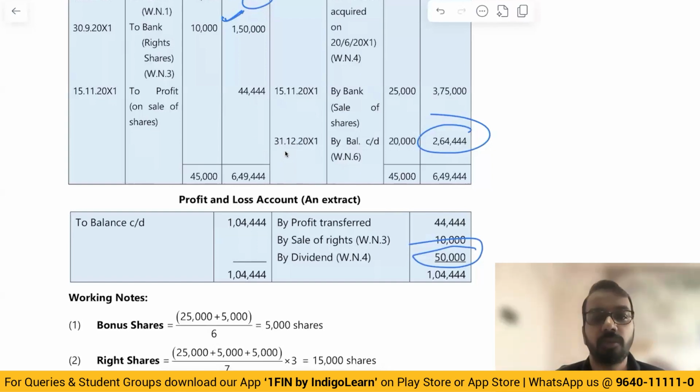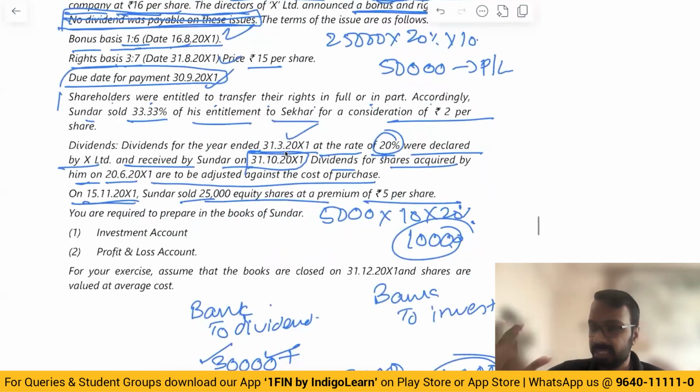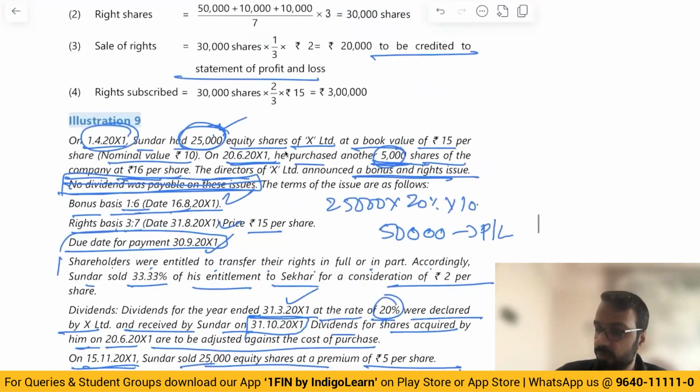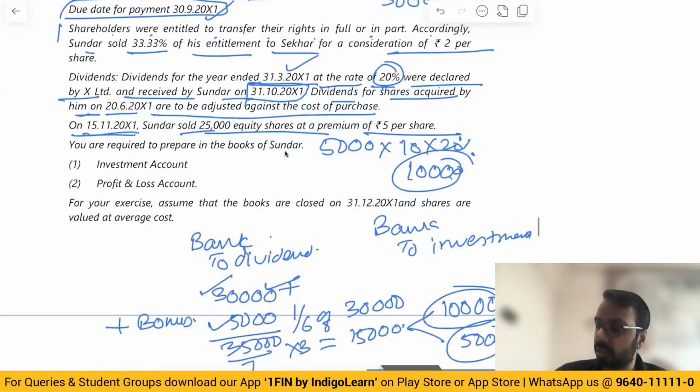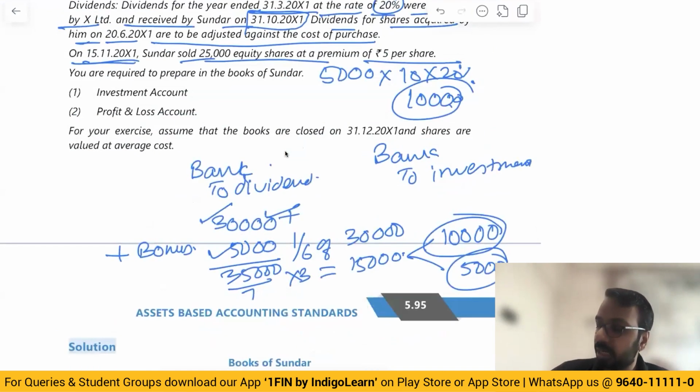For the shares purchased on 20th June, if the question was silent on pre-acquisition dividend, would we receive the dividend? So what we have to see dividend, this is just for your general understanding also, so that you are aware of how things work in the real life. Generally what happens is,